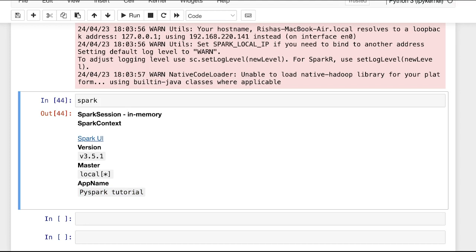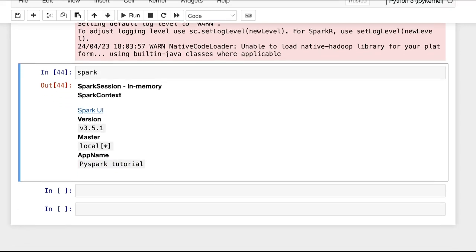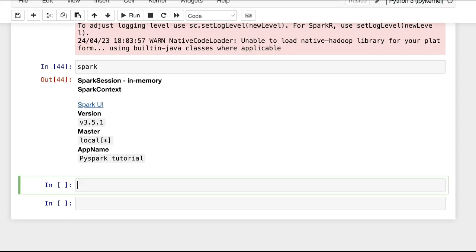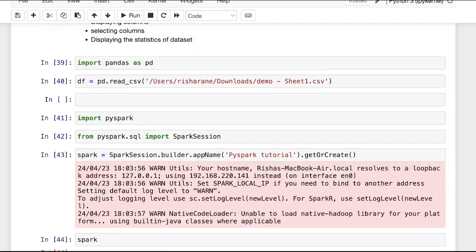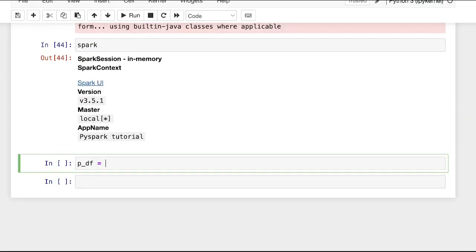Now that you have created the Spark session, you can load your dataset. To load your dataset, you will create a variable, let's say p_df. We'll name it something different because then it will have the same name as that of the pandas data frame. So at the end, we cannot run both individually.